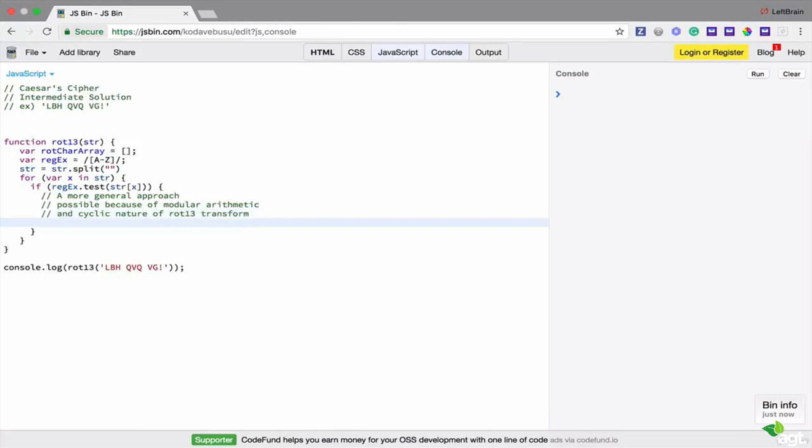Transform. Okay. And now we're going to have ROT character array.push